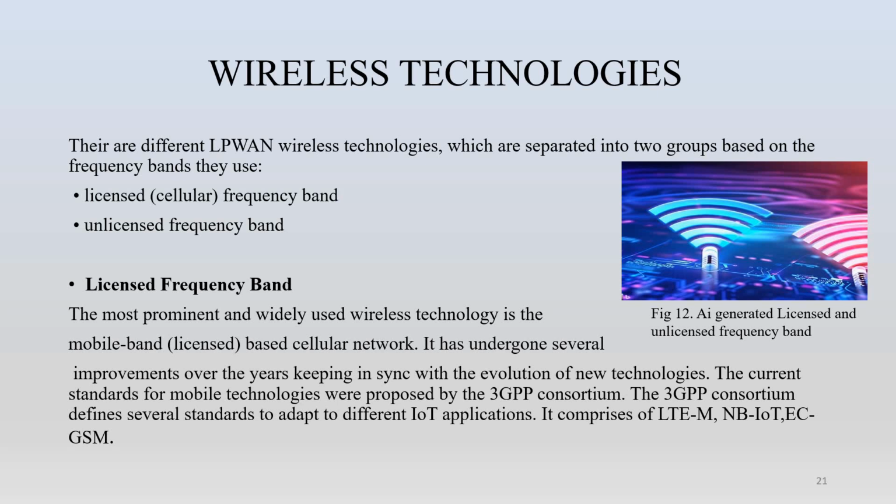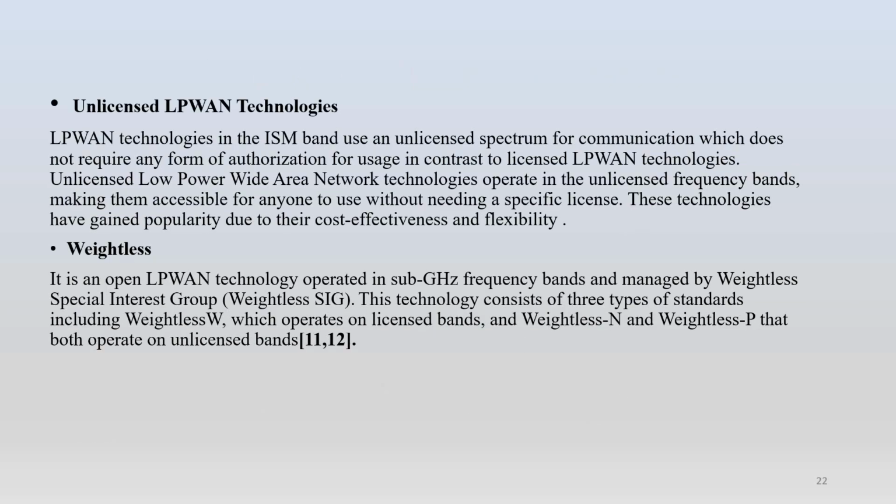It's the most prominent and widely used wireless technology, and there are a few authorities governing it that grant the licenses. Coming to the unlicensed LPWAN technologies, from the name we can understand they are unlicensed, so they have no such authorities. It's a range of radio frequencies that can be used without the need for a specific license from regulatory authorities. Devices operating in unlicensed bands must adhere to certain technical standards to avoid interference with other devices sharing the same spectrum.